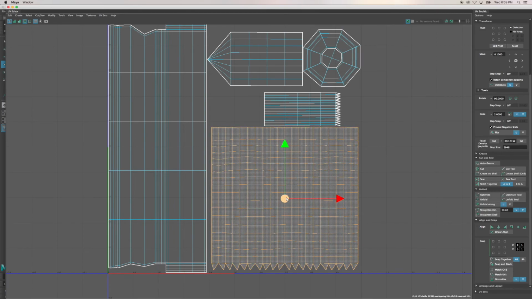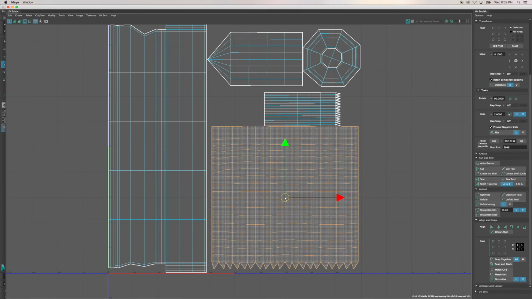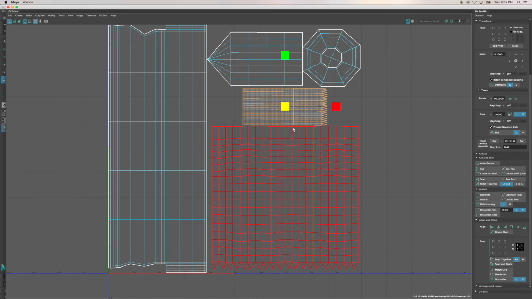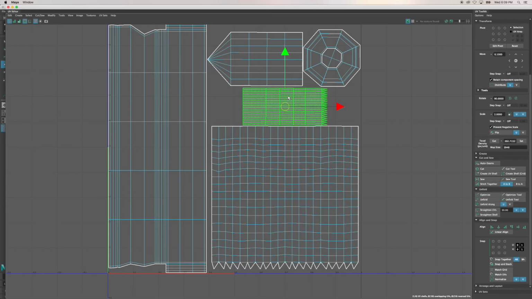What we're mostly concerned about is having individual objects well planned and well laid out. And a decent relation in texel density between the shells of the nail to one another and the shells of the apple to one another. All right. And how do we ensure that? Well,